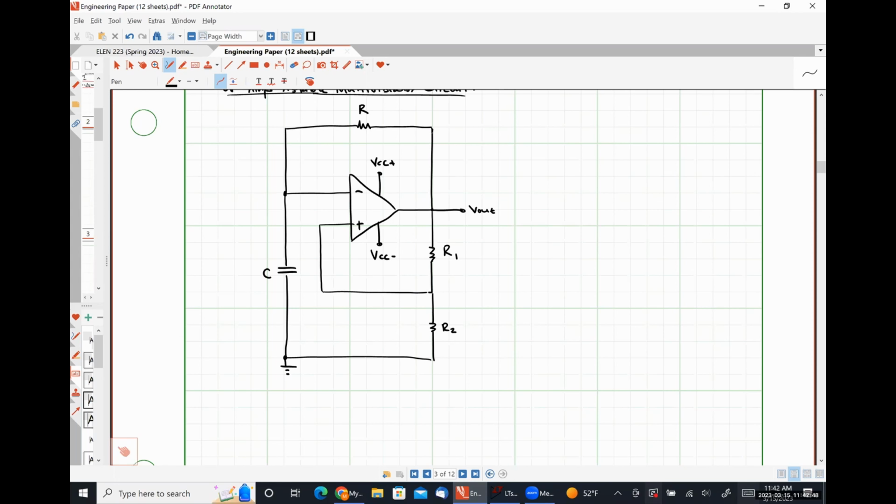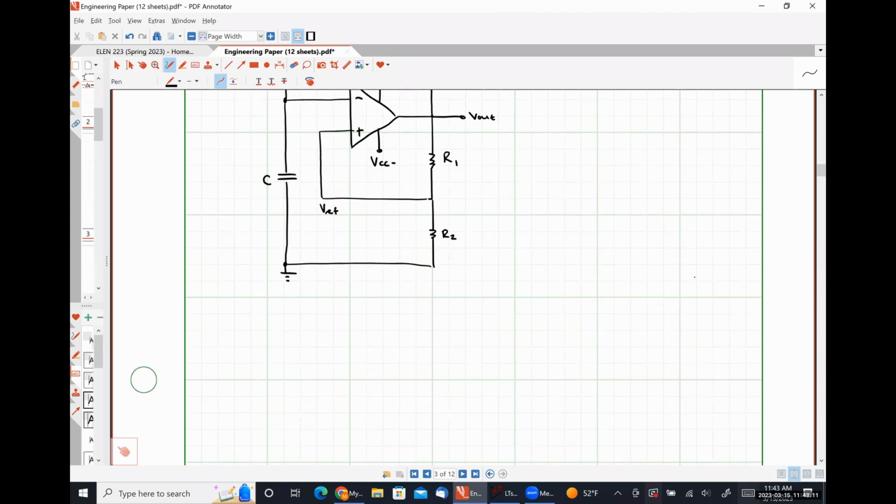We're going to call our reference voltage the voltage at this node between R1 and R2. And we are going to look at what happens with our capacitor voltage in comparison to this reference voltage to figure out how this thing works. So, speaking of how this thing works,